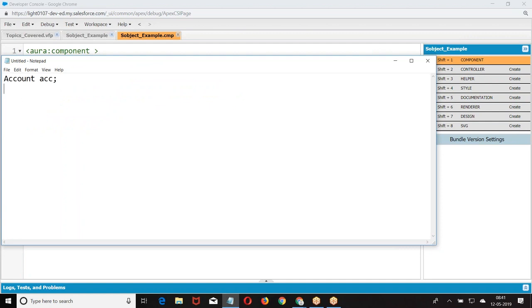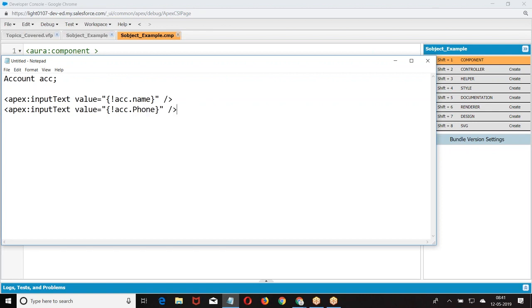That's all. I have defined only Account ACC. If I take an input text with value equal to ACC.name, is it valid or invalid?